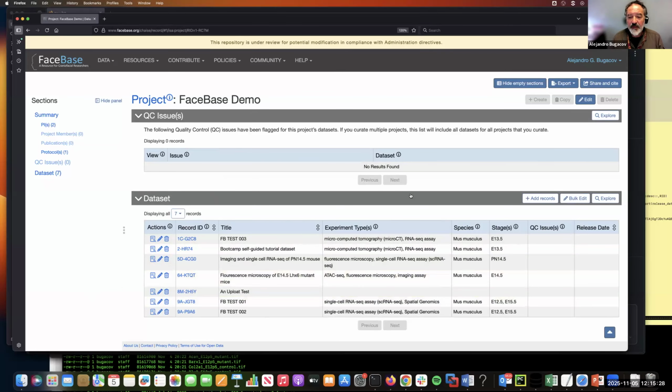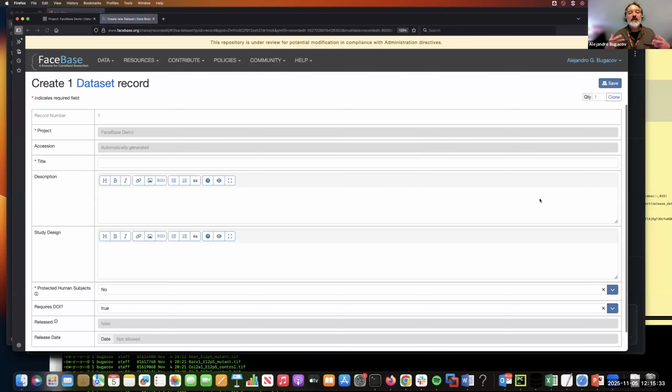But to do this new one, I will click add records, and that takes me to the form to start a new data set. So, for example, I will put a bootcamp tag to make sure to remember that it's this one, but I will enter some title. The title should be at the same level as the title of a paper, something that describes the data. For example, E12.5 and E15.5